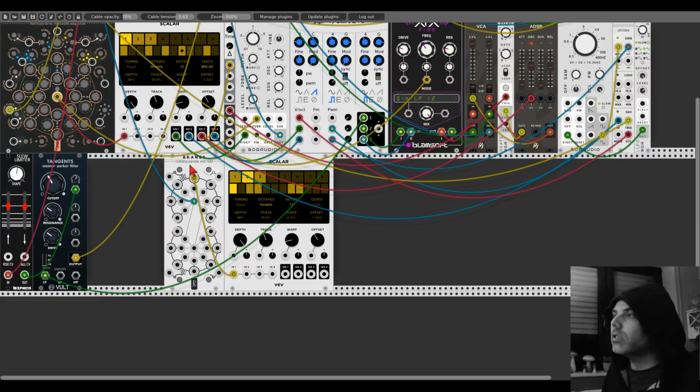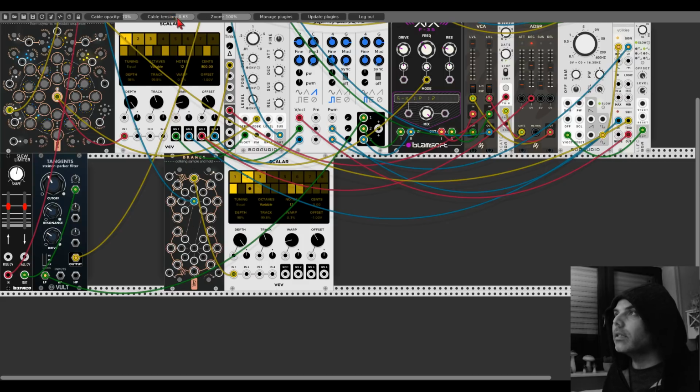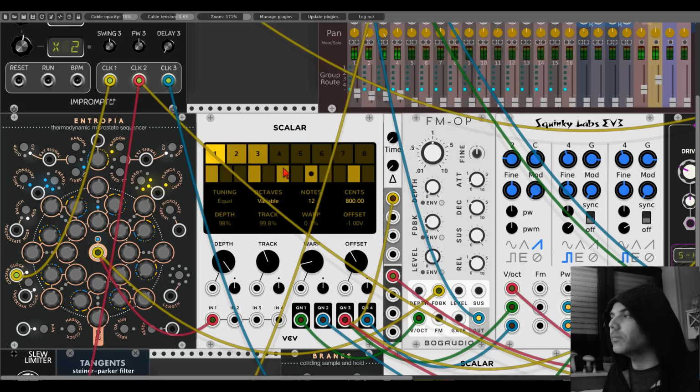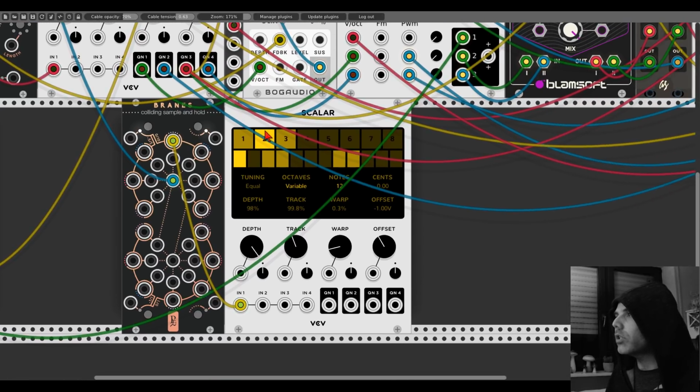Let's already change the panel here to dark matter by clicking this button. Let me zoom in. By clicking this button here, the right side will be 0 to +10 volts. So now we have just positive voltage, but we have 10 volts, which are 10 octaves, which is much too much. So what we can do,